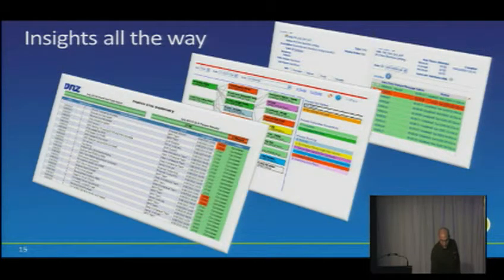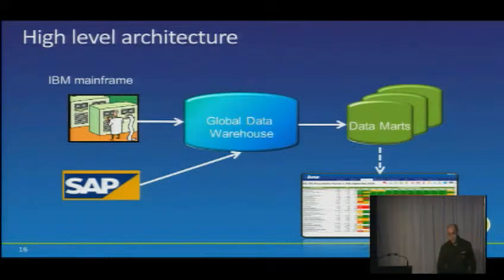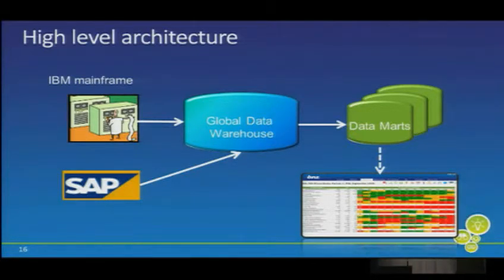So what's our architecture? Well, this is very high level. This is the non-technical view, right? Yeah, very non-technical view. It wasn't supposed to be a technical session. But really, we don't do anything different from anybody else. So we've got complex data sources coming in, the global data warehouse that feeds the MARTs, and then we populate that data